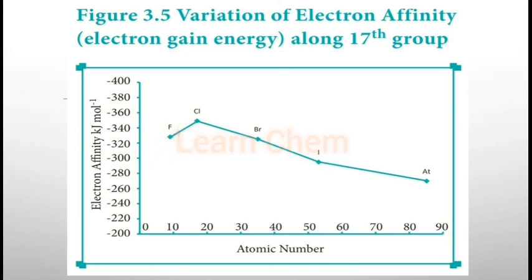This is because of the same reason, the size factor. Here the size of fluorine is very much smaller, so a crowding effect occurs. In a smaller space the number of electrons is higher, so the electron repulsive force becomes even greater. But in the case of chlorine, it has a size greater than fluorine, so the electron repulsion reduces.